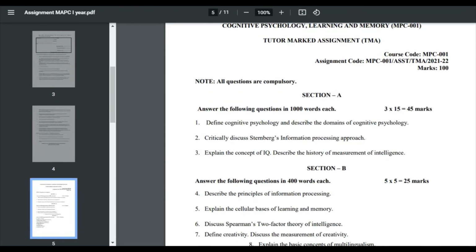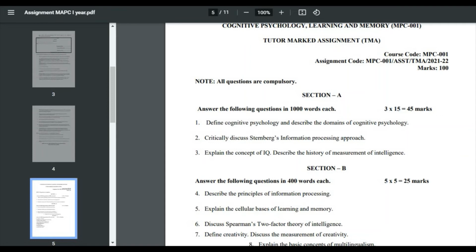So you can print it out, and on the hard copies you can fill up your forms, and you can attach some A4 size paper where you will write down your answers, and you have to attach those papers to this assignment question paper and the assignment form. Now you have to staple all of the papers, and you can courier it to the address of your study center. As it is a COVID situation, if you want, you can also visit your study center to submit this